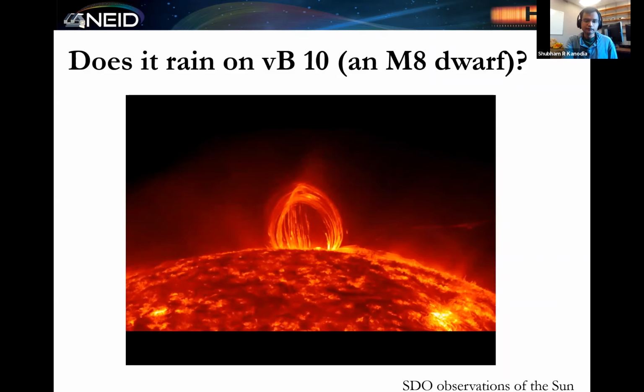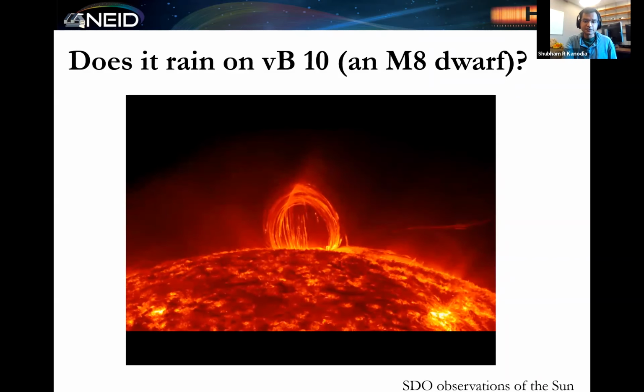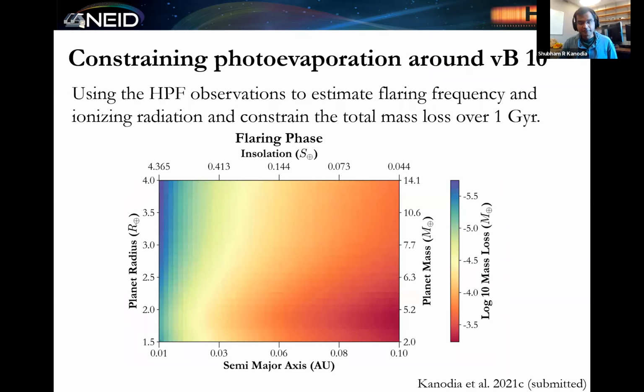phenomenon. The other interesting thing that this lets us do is place limits on photoevaporation. Because we've measured this flare, we know the energy of the flare, we can place some kind of limits on the frequencies of such flares. We can place limits on how much atmosphere a planet would lose if it were to orbit VB10. So this is purely hypothetical because so far there is no confirmed planet around VB10. There have been many speculations in the past, but there isn't any confirmed planet. So if there was a hypothetical planet around VB10, what would its mass loss rate